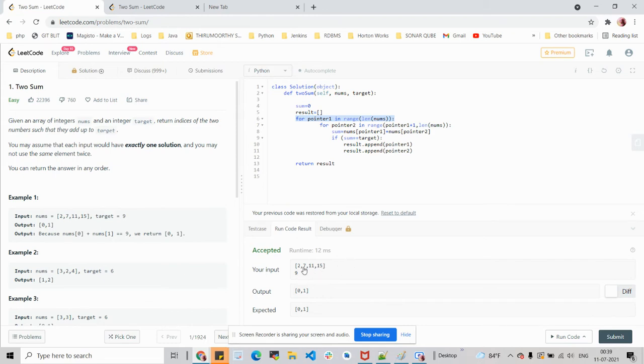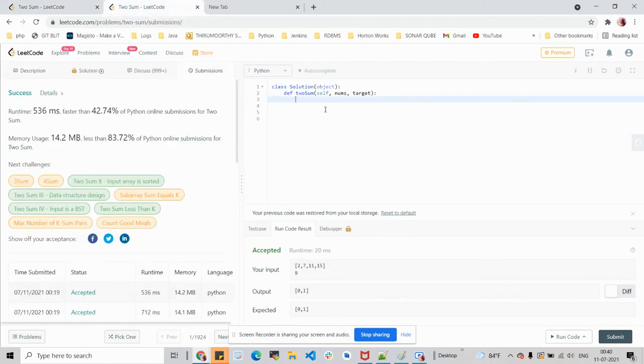We can use two different data structures. One data structure will be the given list itself, and the second data structure will be the dictionary, where the elements of the dictionary will be the elements of the list itself. The reason is, in our problem statement, it says that from the given array we have to find two numbers which will sum up to form the target. So the second data structure will also hold the elements of the given list itself.